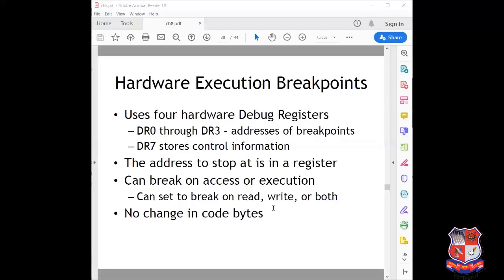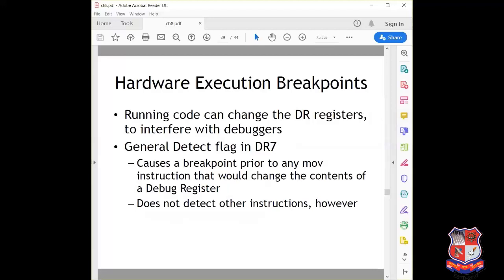Another thing that I would like to share with you is that hardware execution breakpoints have one drawback: only 4 hardware registers store the breakpoint address, and it is normally related with read, write, or both functionality.